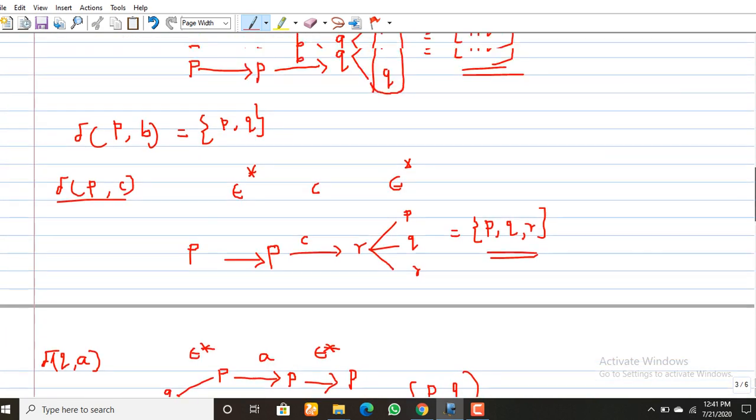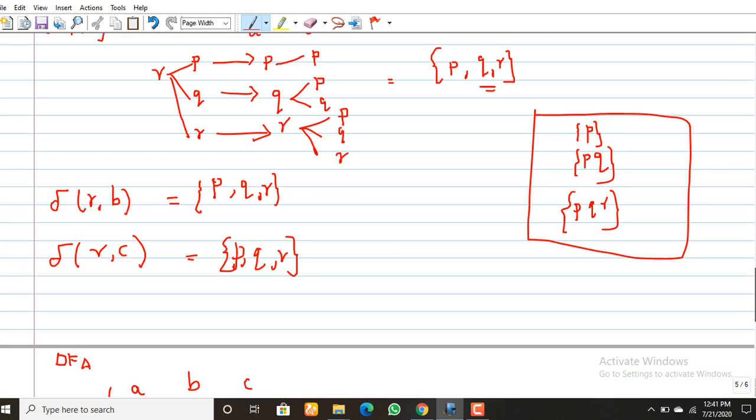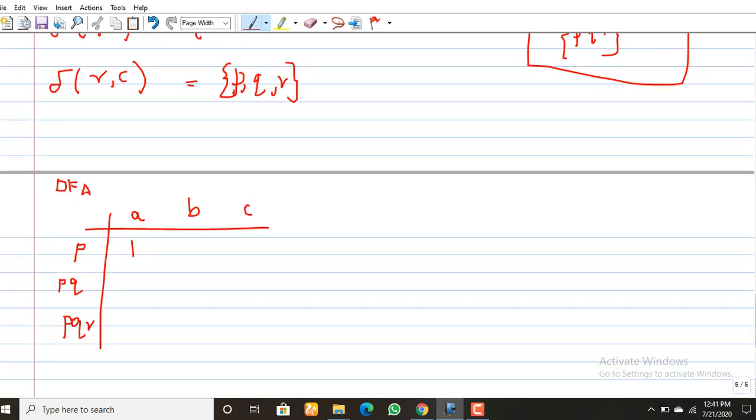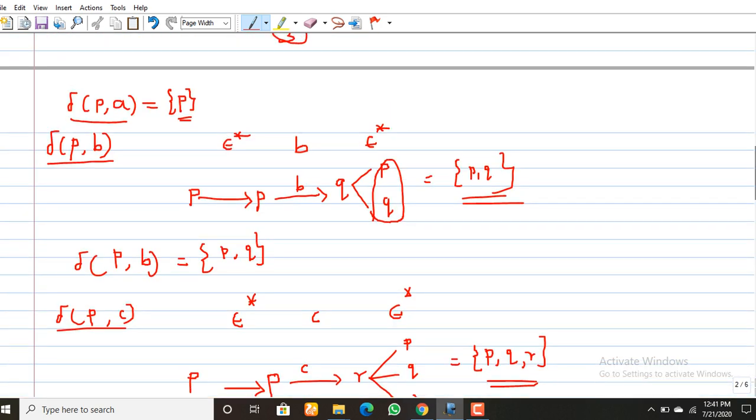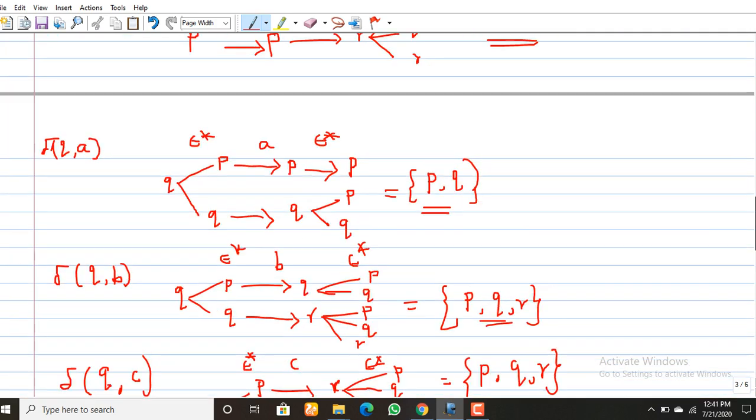First, P on A. P receiving A, the transition of P on A goes to P. The transition of P on B goes to PQ. The transition of P on C goes to actually PQR.